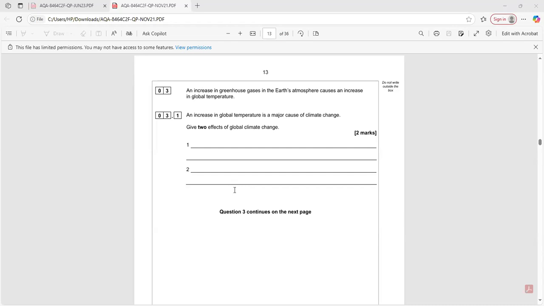So by trapping it, they make the Earth's atmosphere become warm, or increase in global temperature, which would cause a lot of things like melting of icebergs and irregular climates. So once we have that idea, you know what a greenhouse gas is. Now, examples of greenhouse gas are